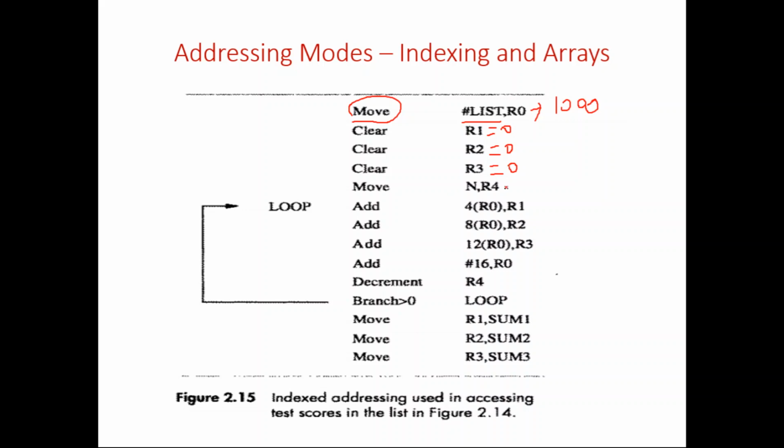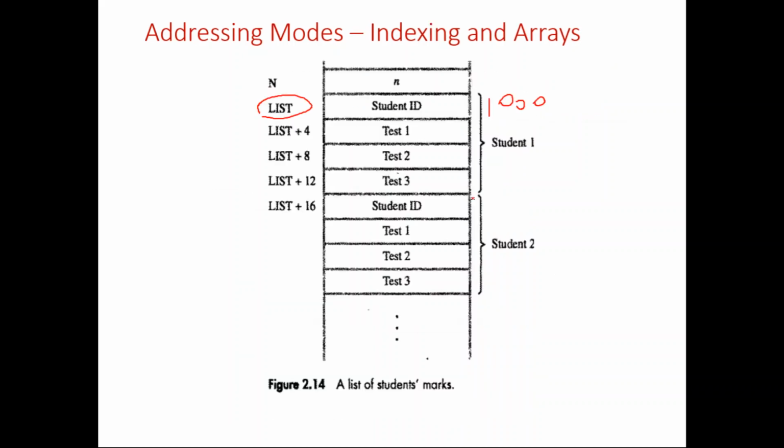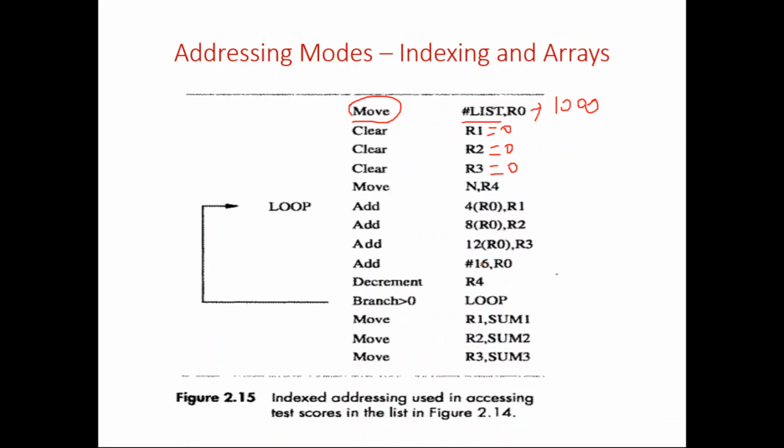Then we are doing move n, R4. Let us assume for simplicity that n is 5. We have 5 students for whom this sum should be done. So n is 5, which means R4 contains the value 5. Okay, so next what we are doing is